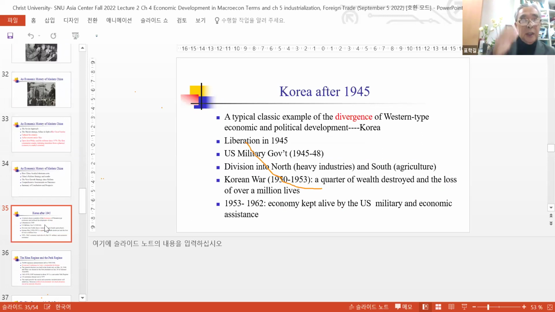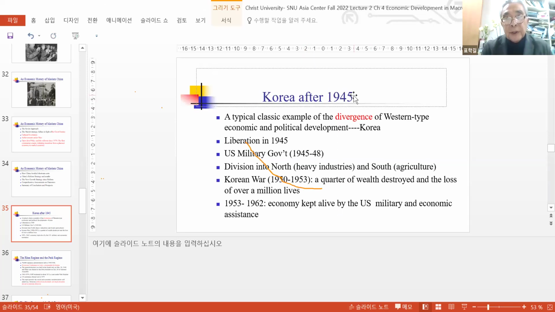So now we are continuing from the previous presentation of chapter 2, Korea after 1945, okay? A typical classic example of the divergence of Western type economic and political development happened on the Korean Peninsula after 1945. As you may know, Korea was under Japanese colonial rule